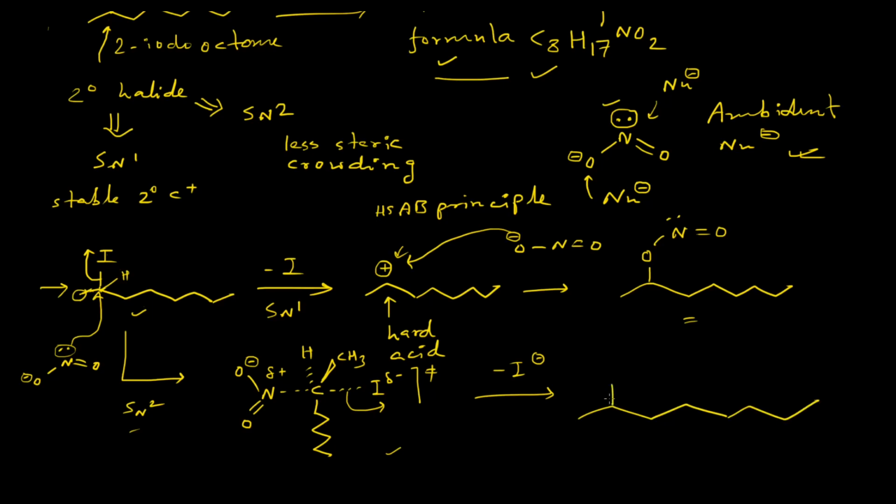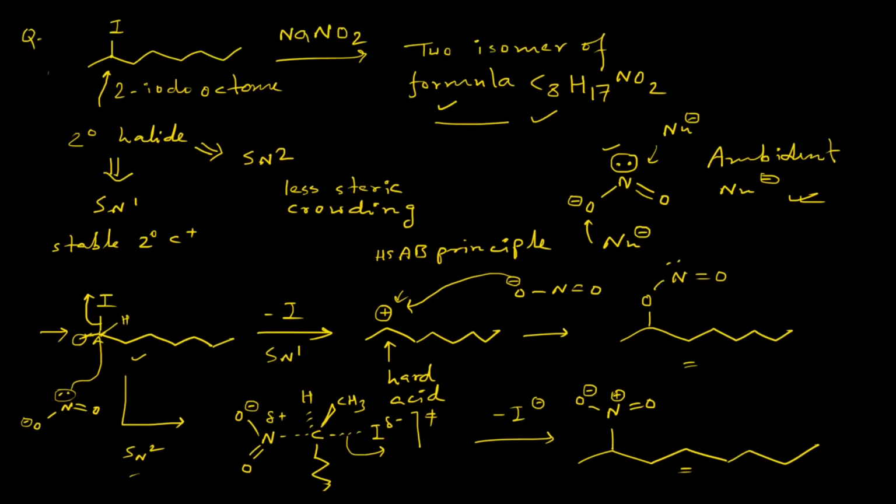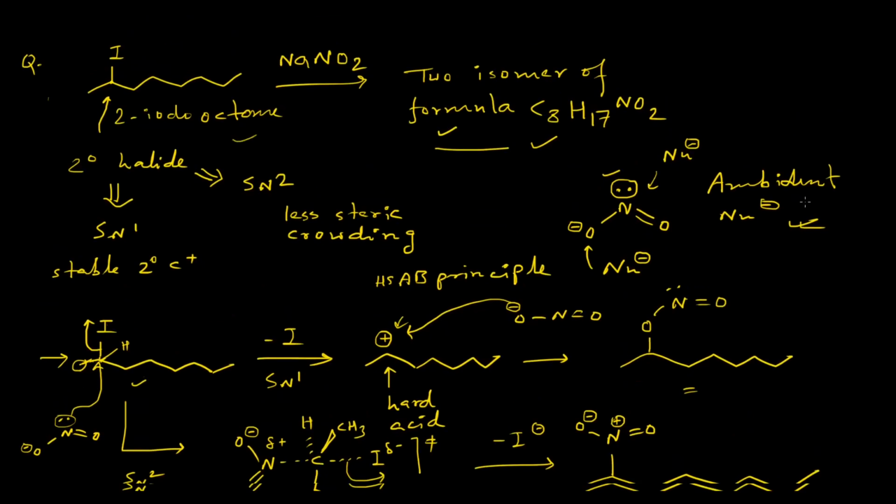And here also I am not giving the stereochemical description, just showing the actual isomer. So this will be the second isomer, where this nitrogen center will be positively charged after forming a bond with this carbon center, and this positive charge will be neutralized by the adjacent O negative center. So this will be our second isomer. So this is it. You can now understand why 2 isomers are actually forming during the reaction between 2-iodooctane and sodium nitrite. So that's it. See you in the next video.